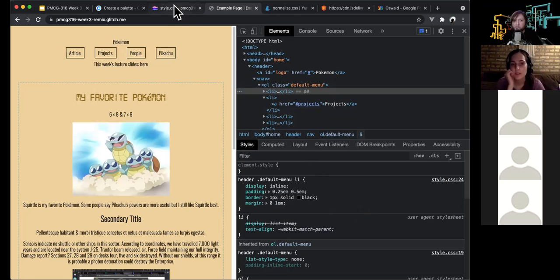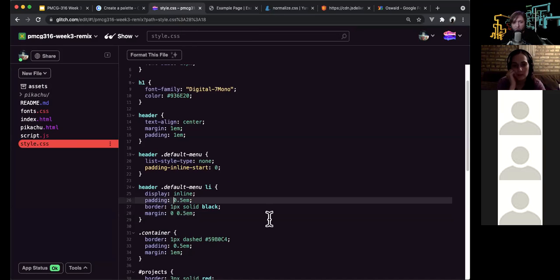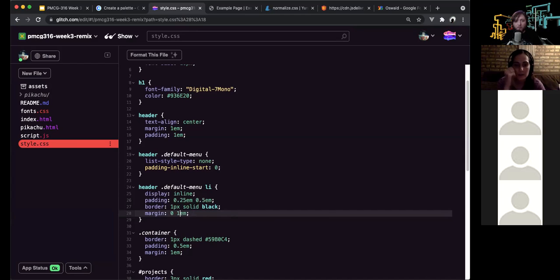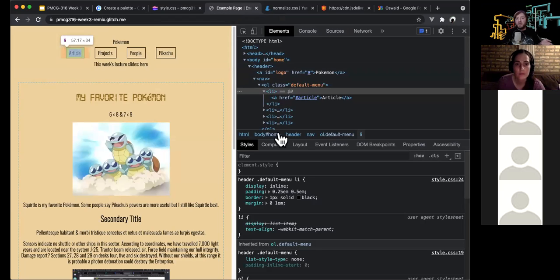So I kind of understand the margins and the padding, but what's the border exactly? So again, remember that padding is just a distance. It's the inside distance between the content and the outer edge. Margin is also just distance. It's the distance between the outer edge and the beginning of the next element. The border,